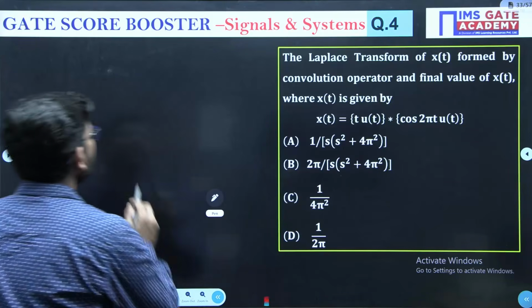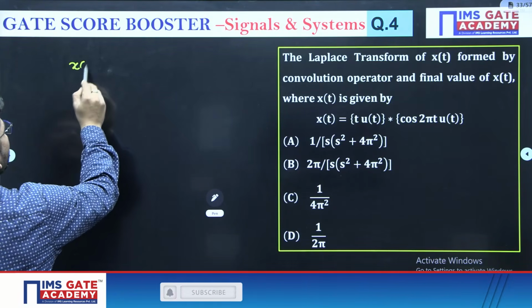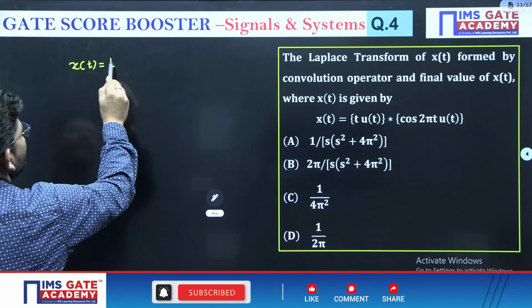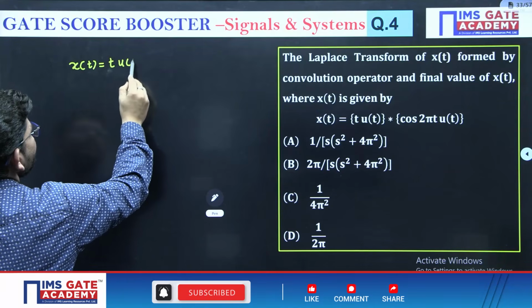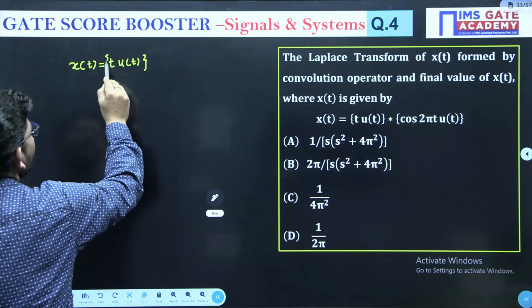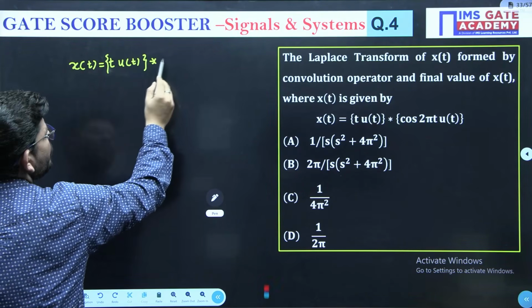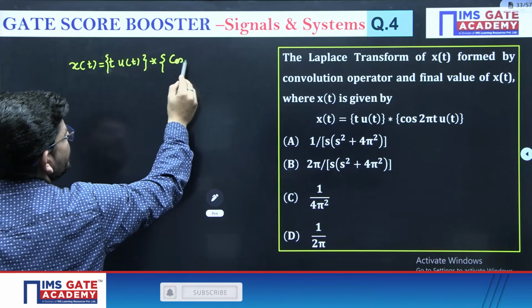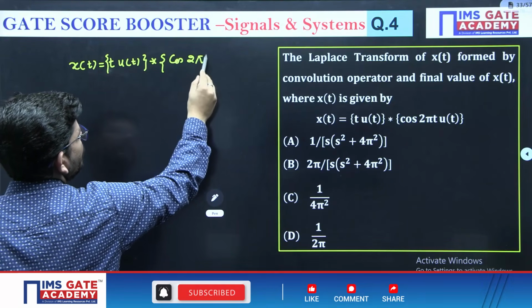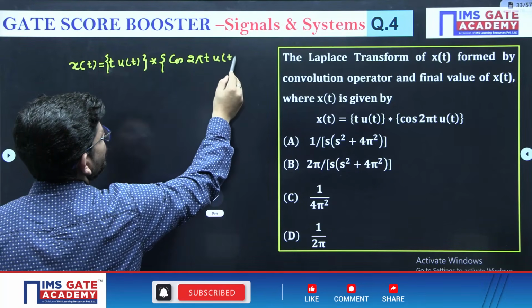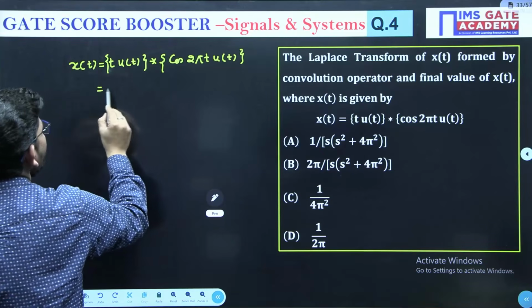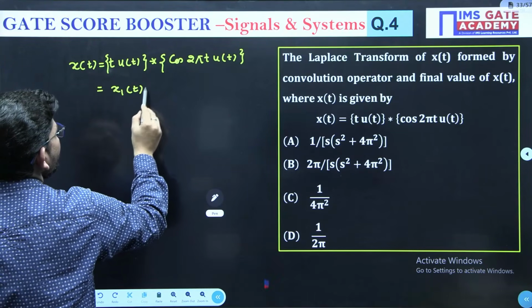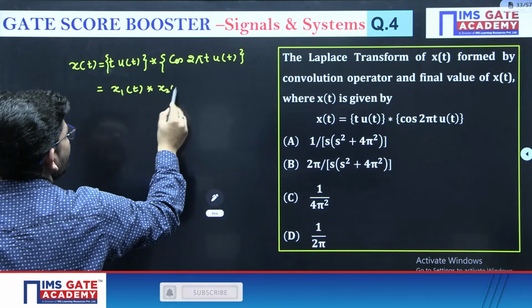See, what is given to us: x(t) is t u(t). This is one signal. We have to do the convolution of this signal with another signal, which is cos 2 pi t u(t). Okay, so it is like x1(t) convolved with x2(t),